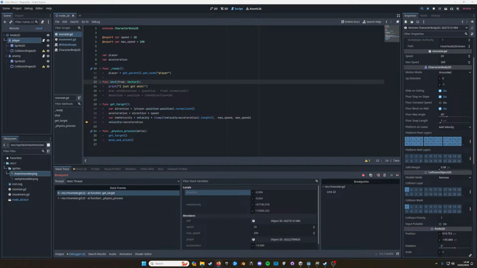Go dot limit velocity. Oh, because I didn't normalize it. Oh, there is a vector clamp. Oh, so I could have just done velocity dot clamp,